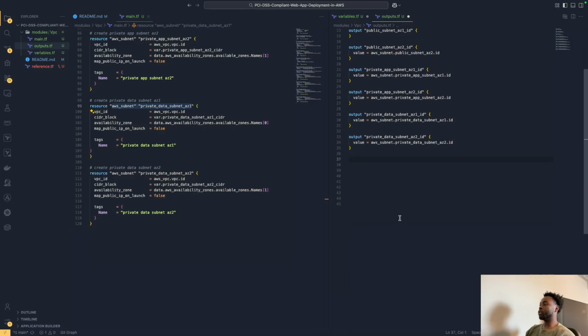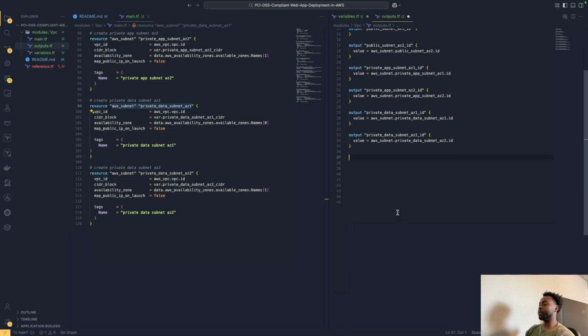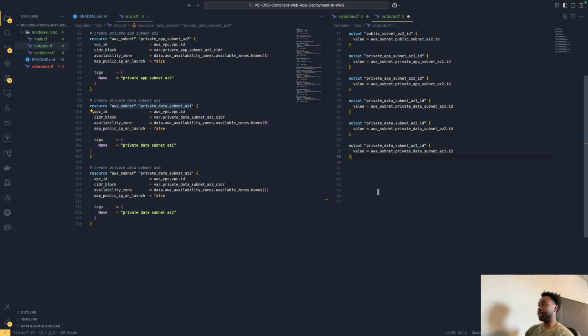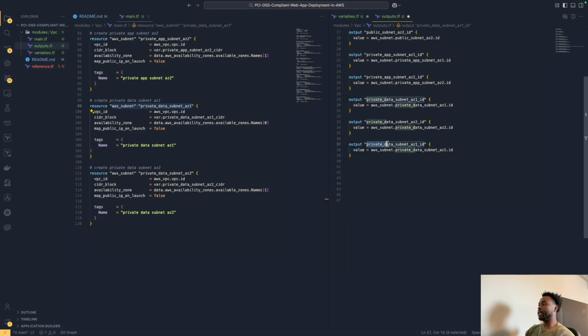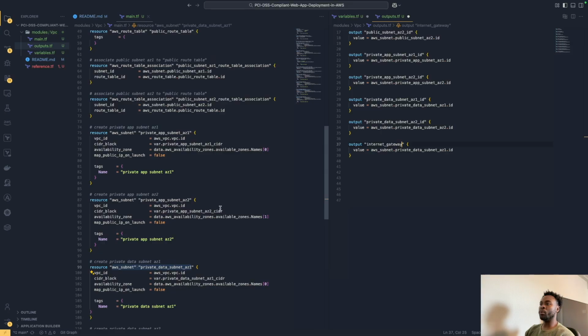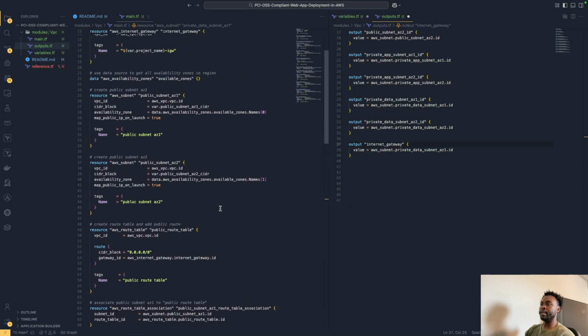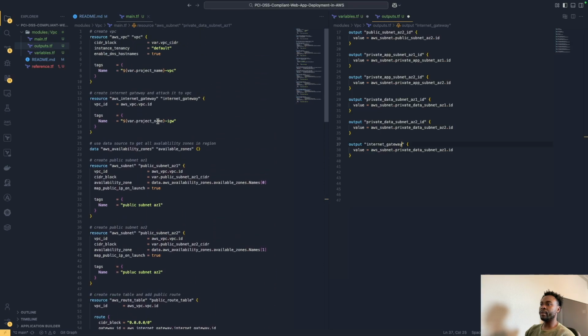The next resource we're gonna output is the internet gateway. So I'm gonna output and I'll call it internet gateway. For the value, I'm gonna go over to the main.tf and find where I created the internet gateway, which is right here. I'm gonna copy the resource name and the reference ID, and over here in my output.tf,